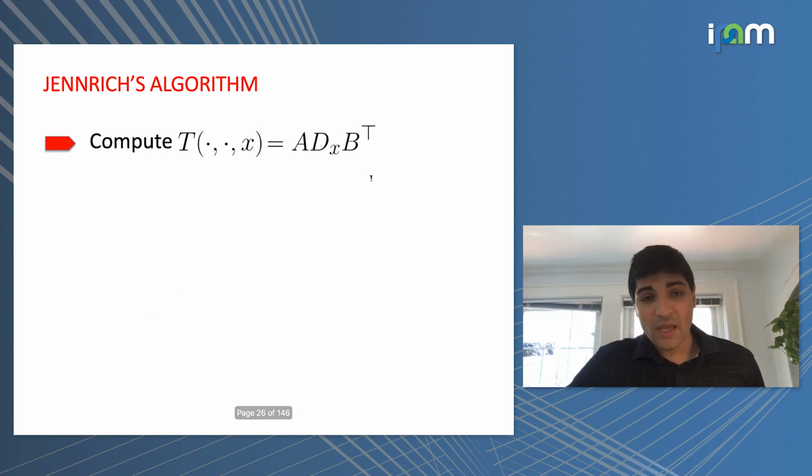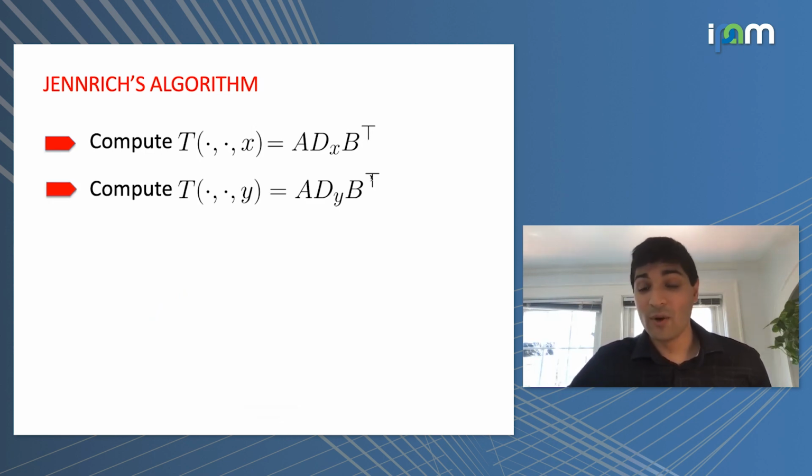So this is great because now I can do the same thing again, but with a different random vector y, again chosen at random from the unit sphere. And I get the same thing. It's a matrix, and in terms of the unknown factors I want to solve for, I get A times the diagonal matrix times B transpose. There's only one difference here, which is that the diagonal matrix has changed. Because now the diagonal matrix has along its diagonal the inner products between the c sub i's and y.